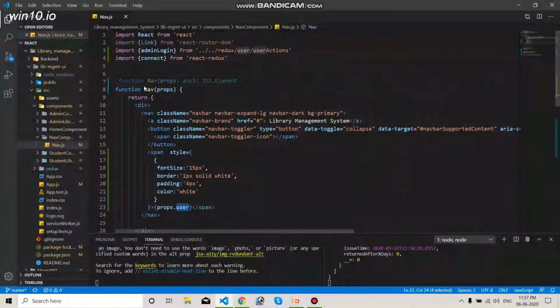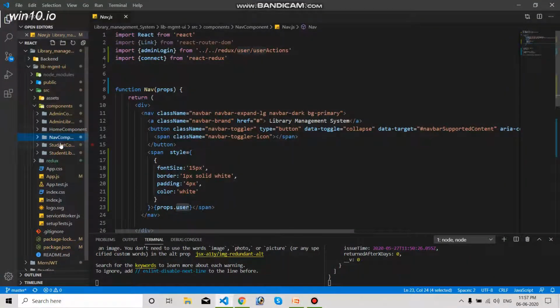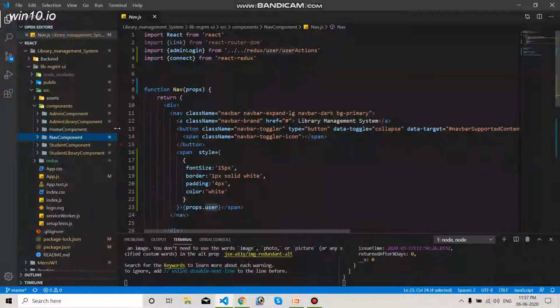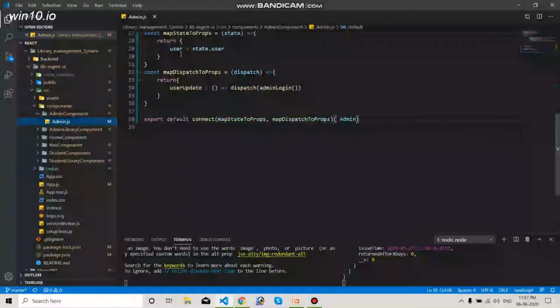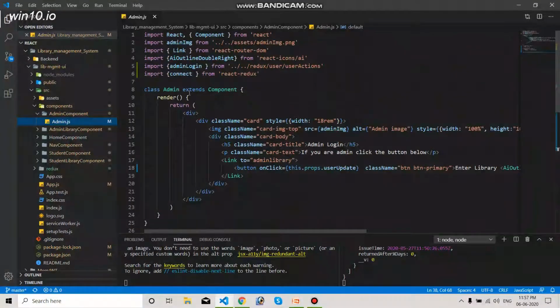So this is all about the nav component, and the other component that you have to design is the admin component. Inside the admin.js file, the important thing is to import React and Component from React.